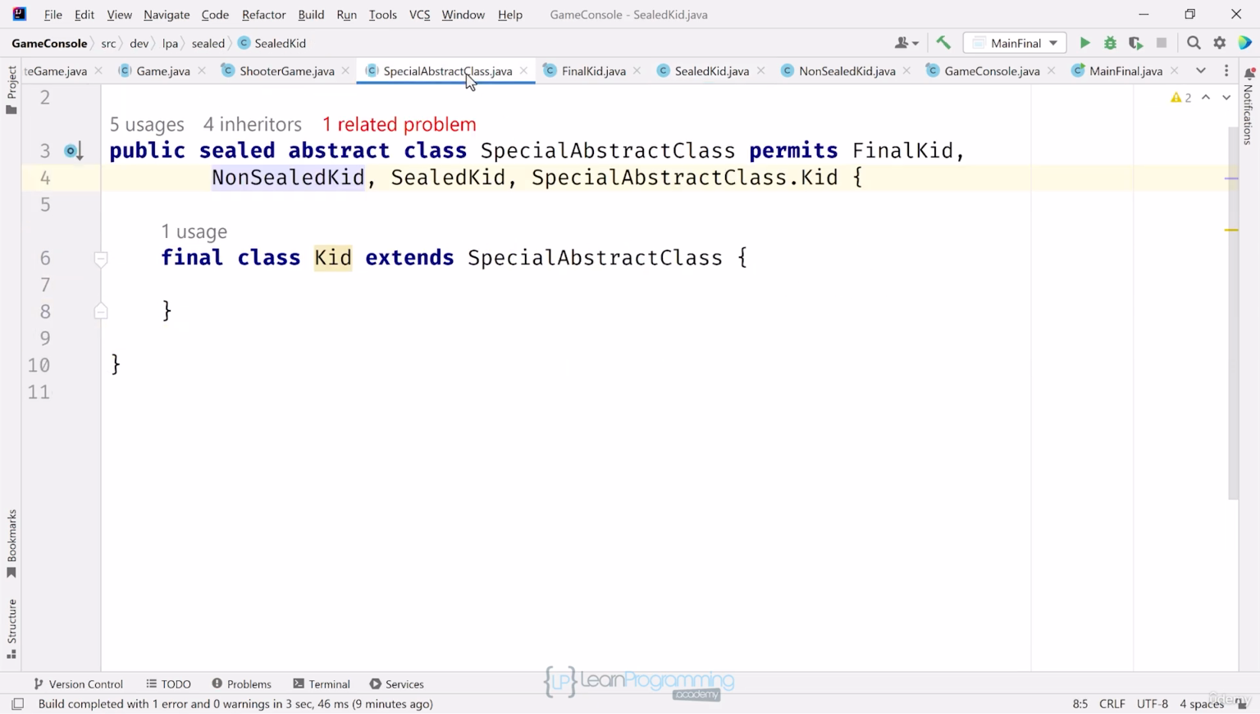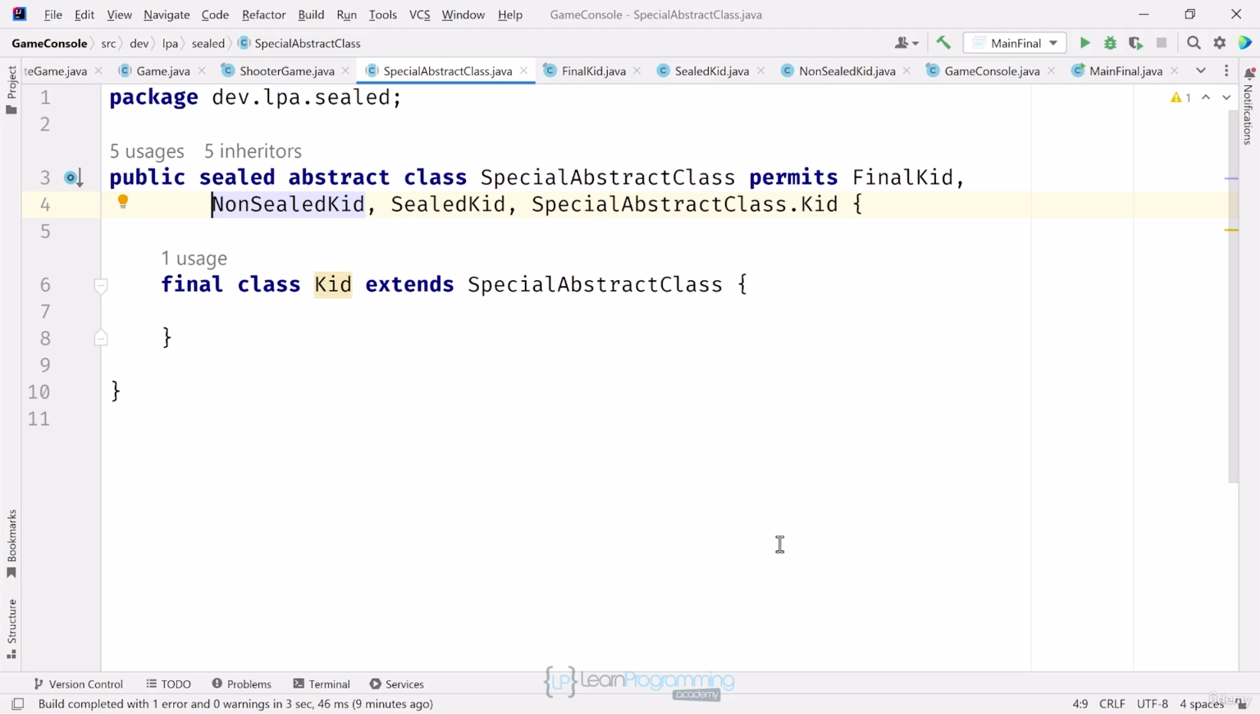If I go back to the Special Abstract class, let's see what happens if I now try to remove this class's nested class from the permits clause. I'll do that now. Actually, I can't do that now. Omitting the permits clause or a class from the clause only works if you don't have other non-nested classes extending